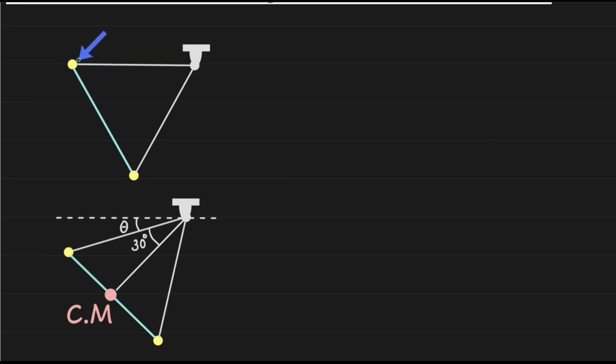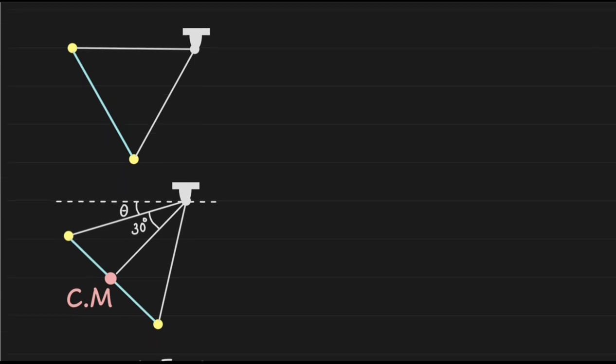For that part we can use the conservation of mechanical energy. Instead of writing the total change in potential energy using these two individual particles, I have just used the center of mass of this system, which will lie at this midpoint here, because the rod is massless and these two particles are of the same mass. The total vertically downward displacement of the center of mass will be responsible for the decrease in the potential energy, and that decrease will be equal to the increase in kinetic energy.